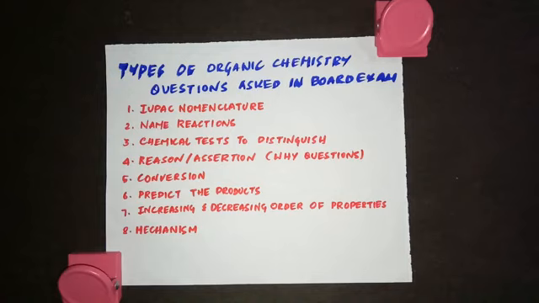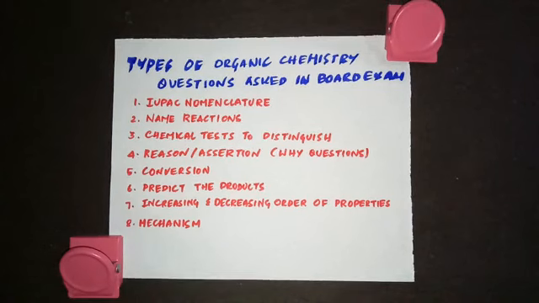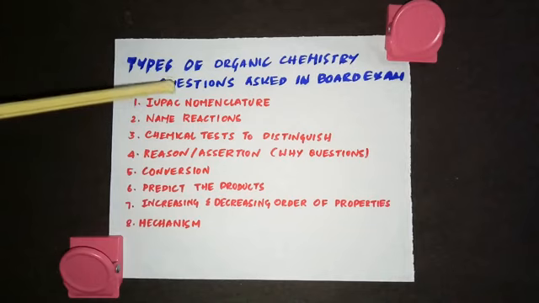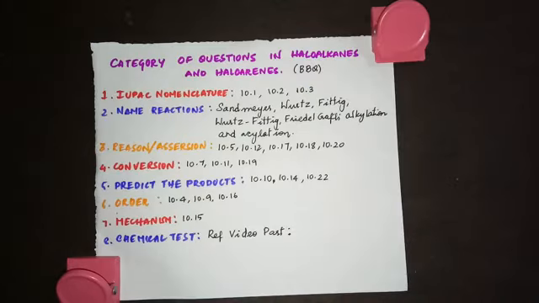So now let's apply these categories to this haloalkanes and arenes lesson, and we will try to analyze the book back questions based on this category. So there are totally 8 categories of questions. The entire organic part in your volume 2 book can be categorized under these 8 topics, all the 4 lessons. Okay, all the 4 lessons, all of these 8 topics based questions will be there in all the 4 lessons. Now we will see in haloalkanes and arenes. So the category of questions in haloalkanes and haloarenes.